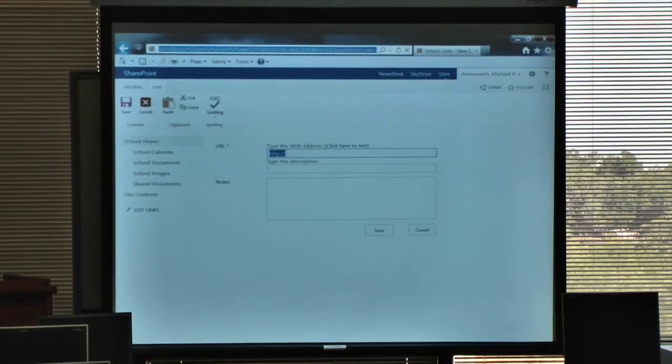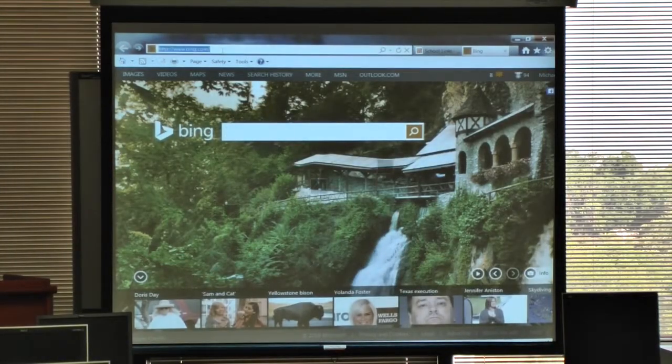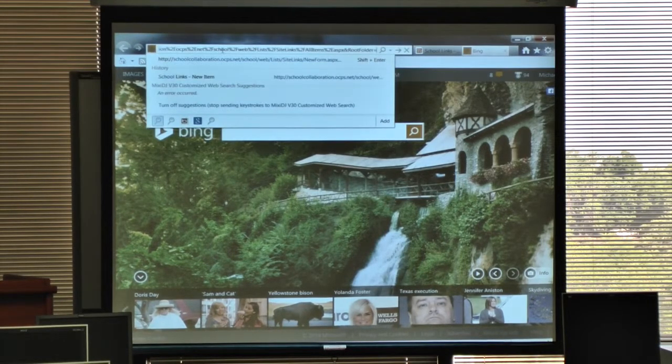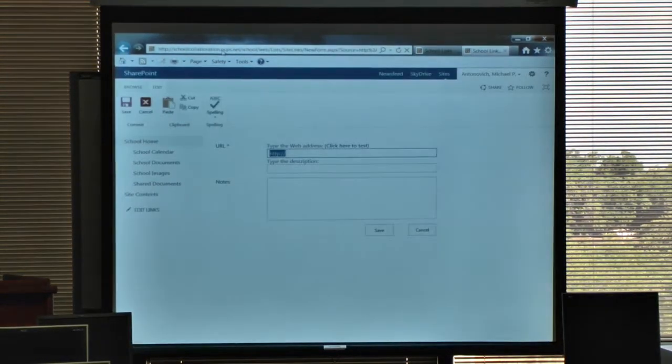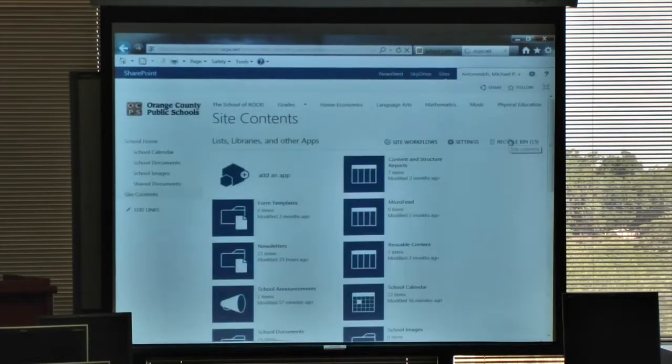What I'm going to do is capture the current URL by clicking in the address bar and then pressing Control-C. Opening up a new tab for the browser, selecting whatever comes up as the default address, and then pasting the link from the other page. So now essentially I have two tabs that point to the same place. I'm going to use the second tab to go back and navigate to the page that I want to look at, by going up to the Site Actions button, Site Contents,